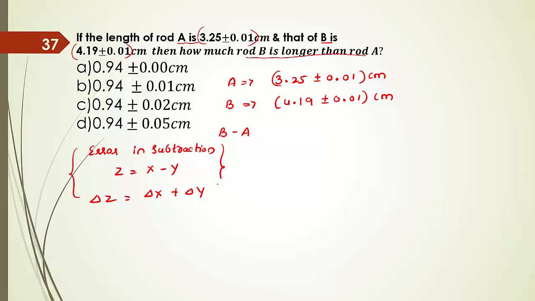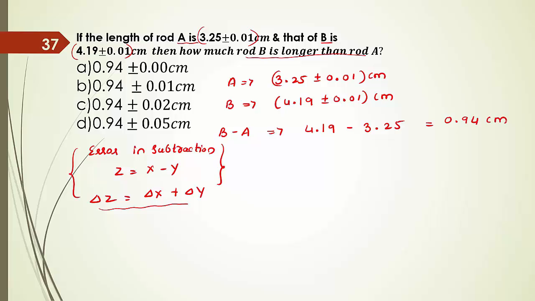For addition as well as for subtraction, we can use this equation. Now, B minus A: B value is 4.19 minus A value 3.25. What is the answer, B minus A? That is 4.19 minus 3.25, that gives